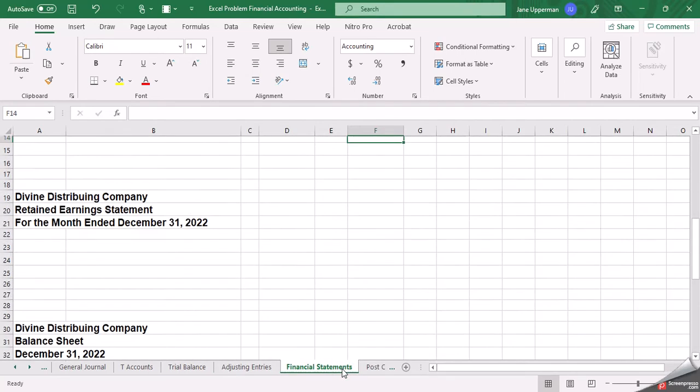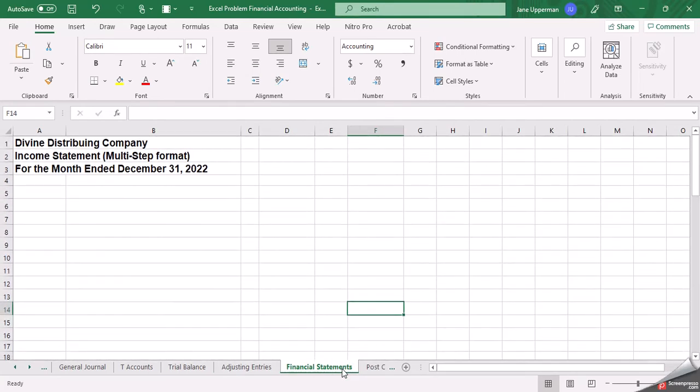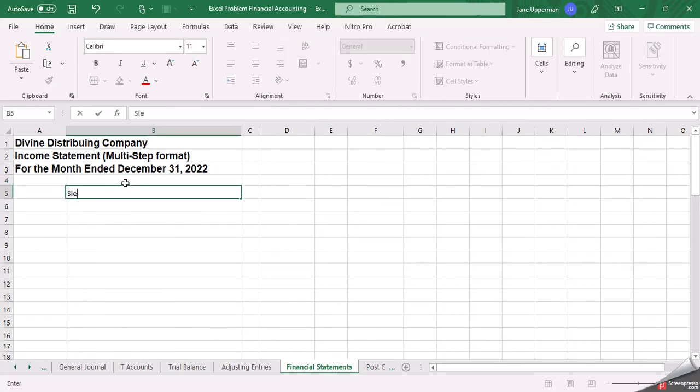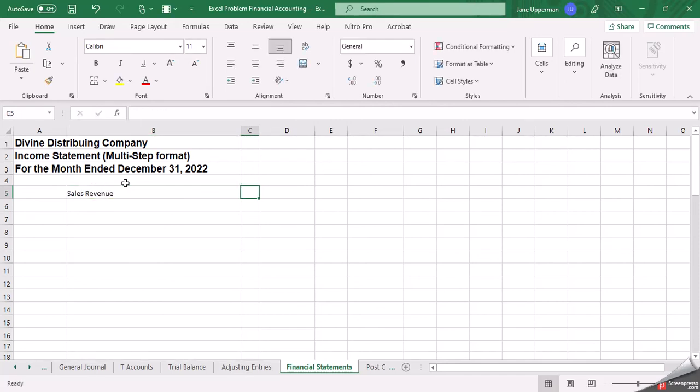Now, this is the one that you probably are going to want to play around with a little bit more, and that's your financial statements. So I'm going to want you to go to the book to see what a good financial statement looks like and how you're going to set it up. So if you're starting with your sales revenue, I'm going to make it real basic in this example. Let's say my sales revenue is $120,000. And then my cost of goods sold